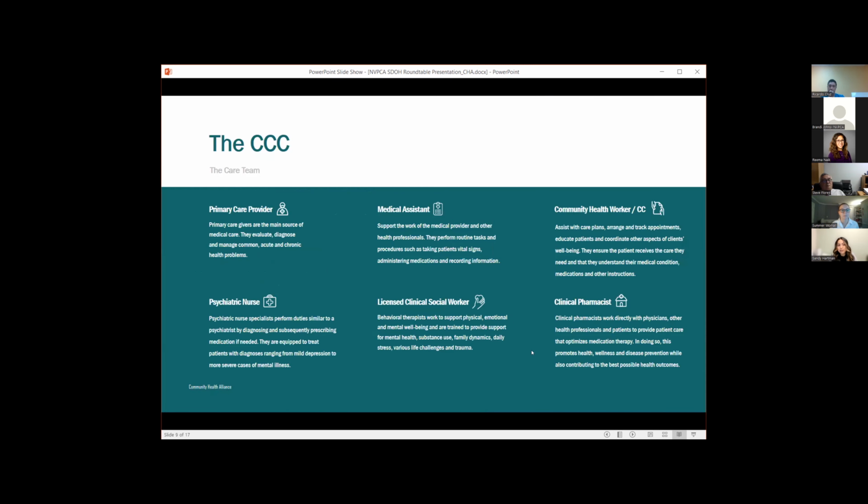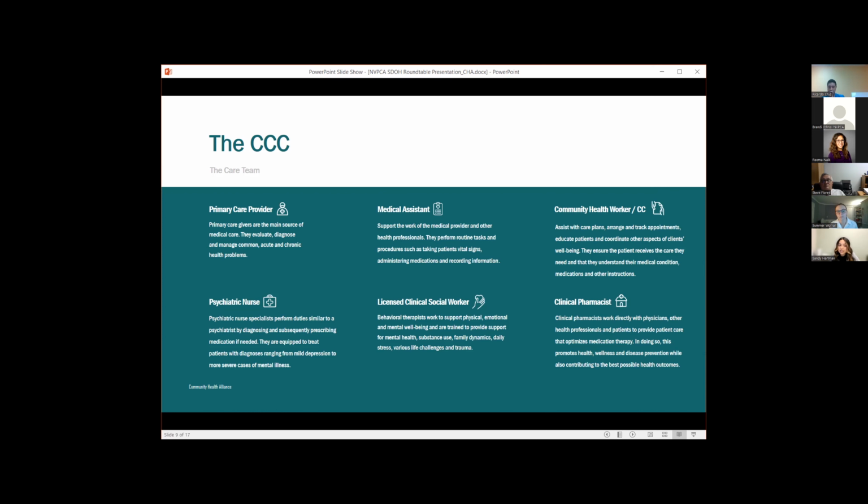So this is the team at the CCC. We have a primary care provider, and they are the main source of medical care. We also have a medical assistant, and they're able to perform routine tasks such as taking vitals, doing some med reconciliation with the patients, and informing them on their care. We also have a community health worker and/or care coordinator, and they assist with care plans, arranging and tracking appointments, educating patients, coordinating all aspects of the patient's well-being, and then making sure that they understand their medical condition and other